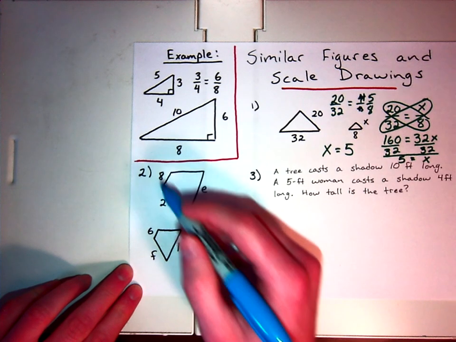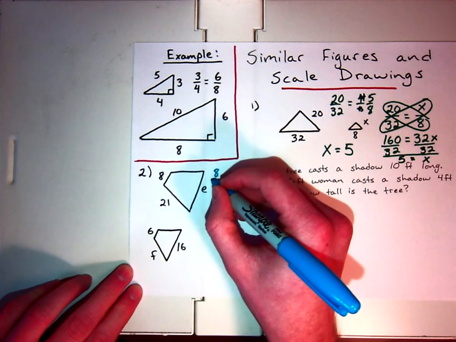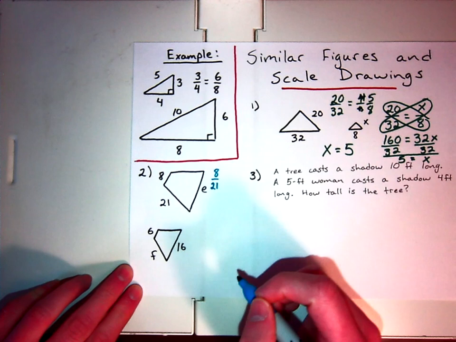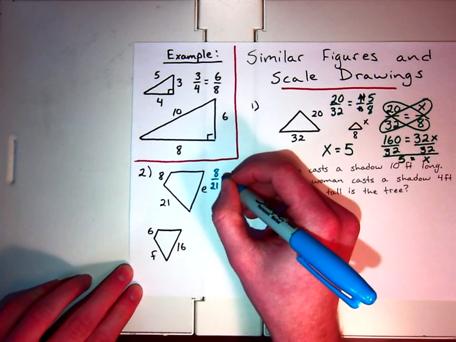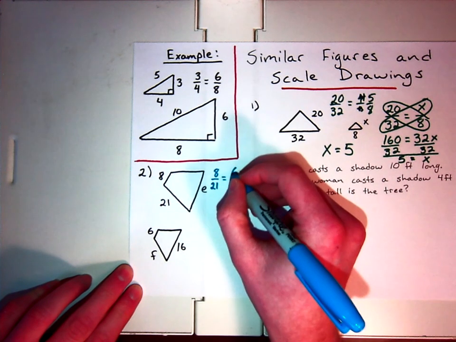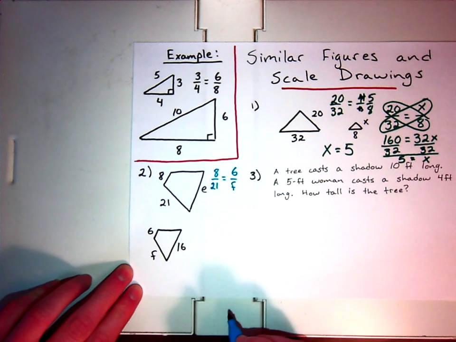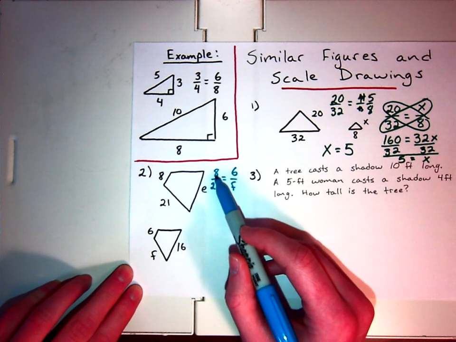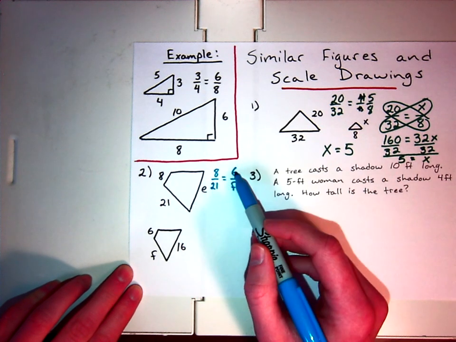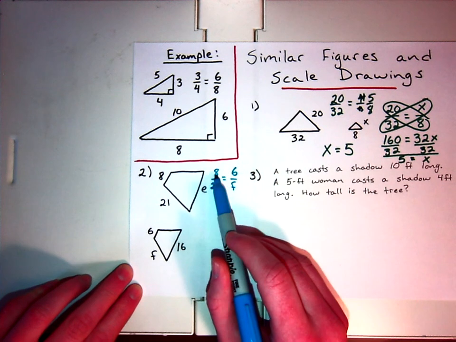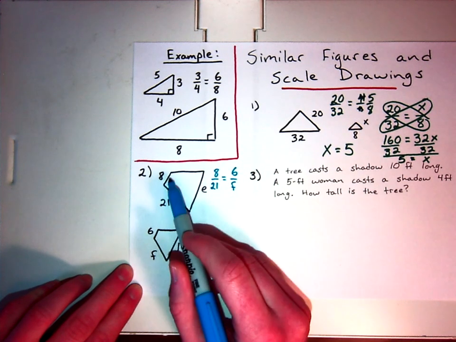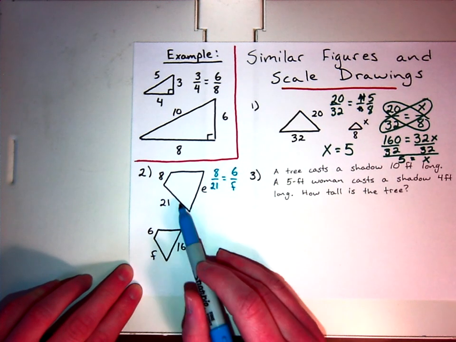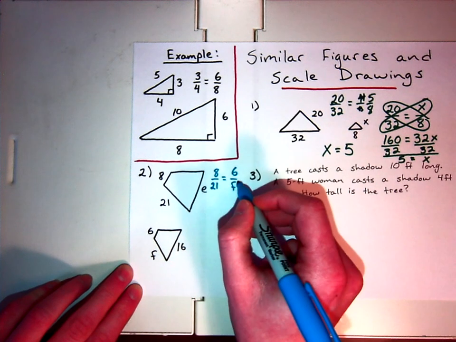So I'll do 8 over 21 equals 6 over f. So again, you can check: 8 and 21, same shape. 6 and f, same shape. 8 and 6, those are corresponding sides. 21 and f, corresponding sides. So I cross multiply,